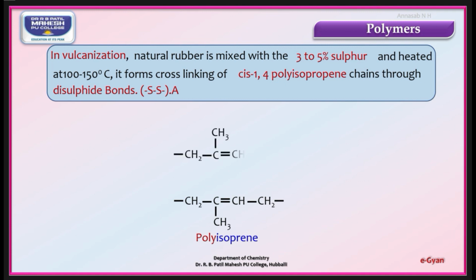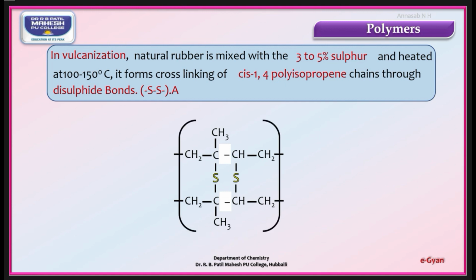Similar group we have taken once again, CH2 group, C-CH3 double bond CH and CH2 group, and it is going to link with the help of disulfide bonds by using this double bond. So these double bonds are undergoing the formation of free radicals. Again the process: a single electron goes to one carbon atom, another single electron goes to another carbon atom, similar process here, and there is a formation of a disulfide bond. So this group is going to repeat n times, and the process is known as vulcanization.